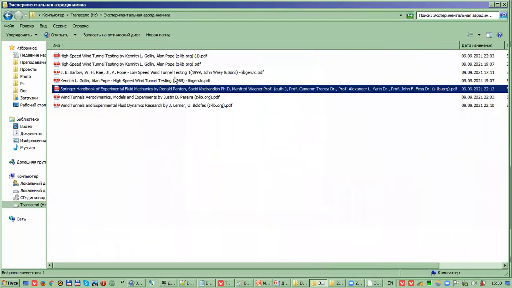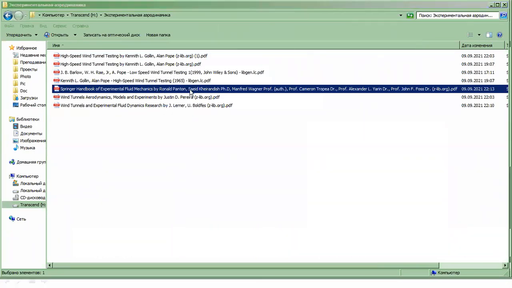This is the Springer Handbook of Experimental Fluid Mechanics by Tropea,